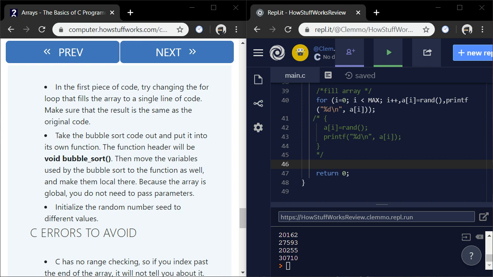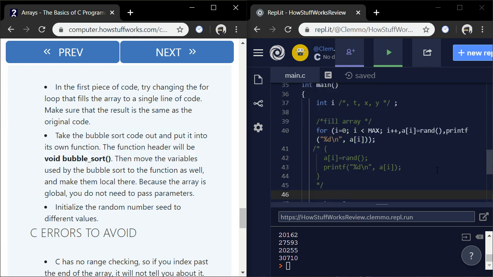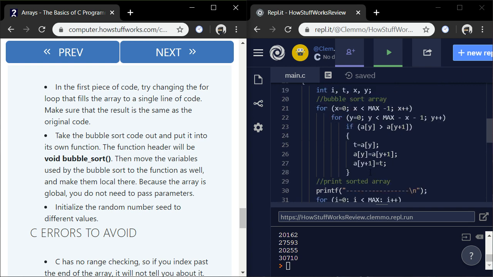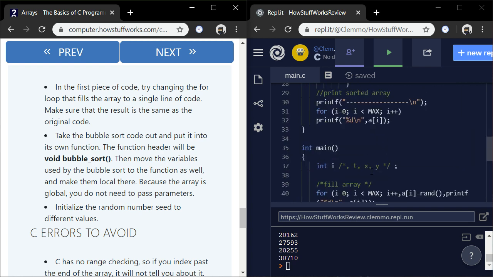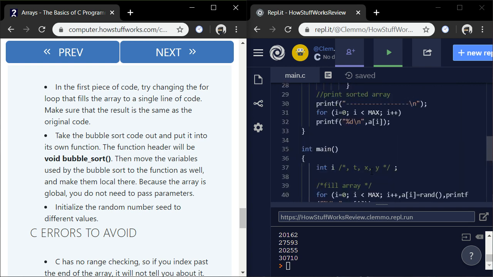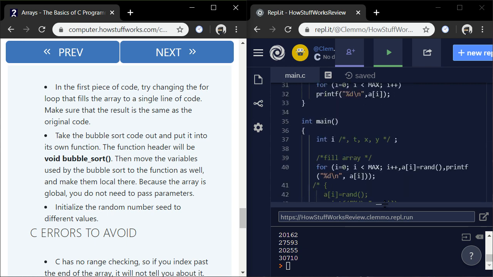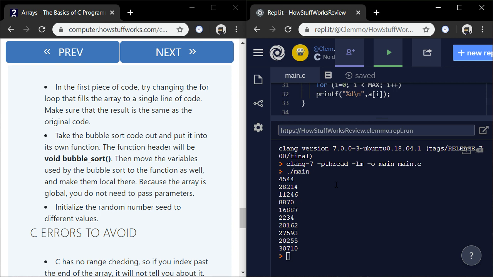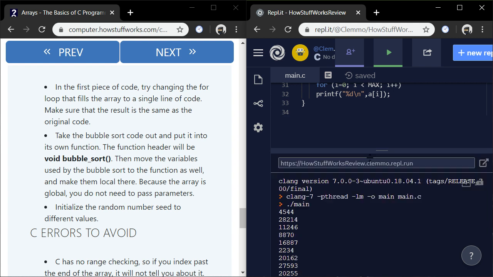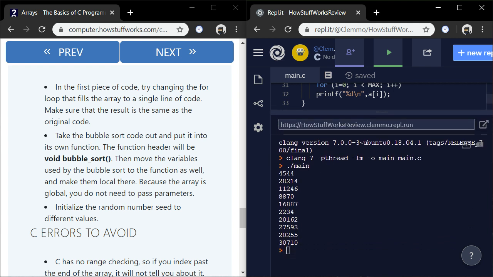If you're just joining us or coming back, I'm almost finished the second challenge. I've managed to get the bubble sort code out of the main function into its own function. All the compiler errors are gone, so I don't even have any errors to guide me anymore. But it's not running the same way it used to. It's generated random values, but it hasn't sorted them.